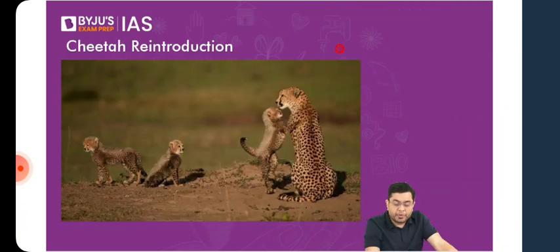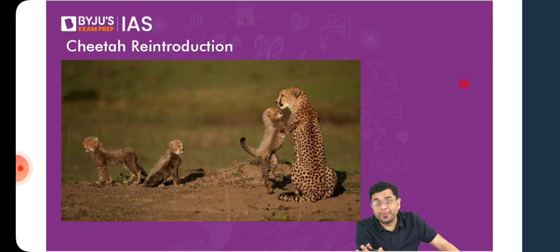Now, the cheetah reintroduction program in India is a process which has been initiated for a very long period of time. These cheetahs, at one point of time, were abundantly found in India. In India, you had the Asiatic cheetah. And the last Asiatic cheetah officially went extinct in India way back in 1952, when it was hunted by the Maharaja of Surguja. That is where it was hunted down, and very proudly he posed with a gun on top of the cheetah carcass.